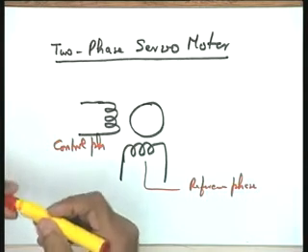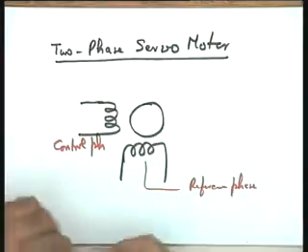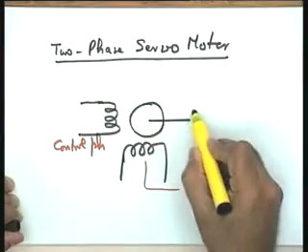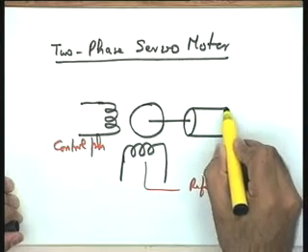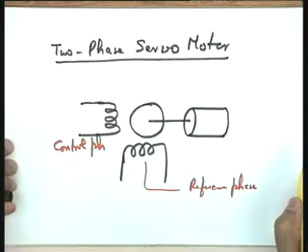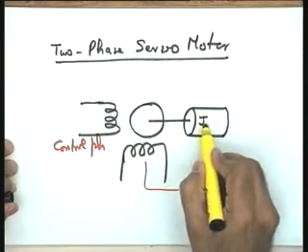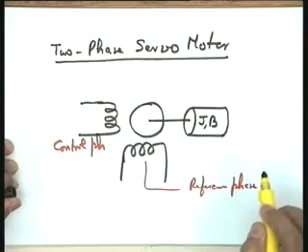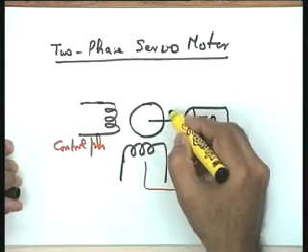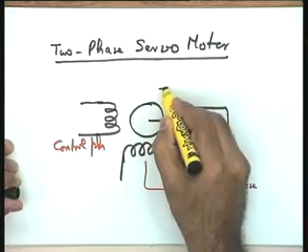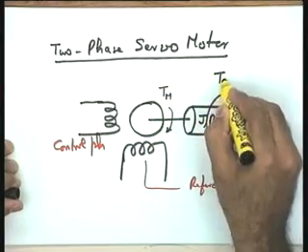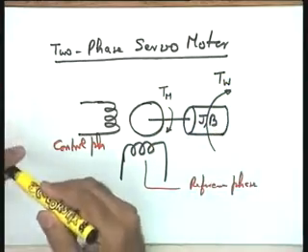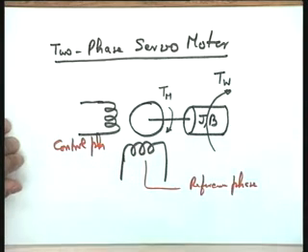Now, on this particular rotor is the load, and whether the load is direct on the rotor or through the gear train, I can model it like this. Now, you know it very well. Let me say that J and B are the parameters of the load. I assume that the rotor produces a torque Tm and Tw is the disturbance torque on the motor, which naturally opposes Tm, as per the schematic diagram.